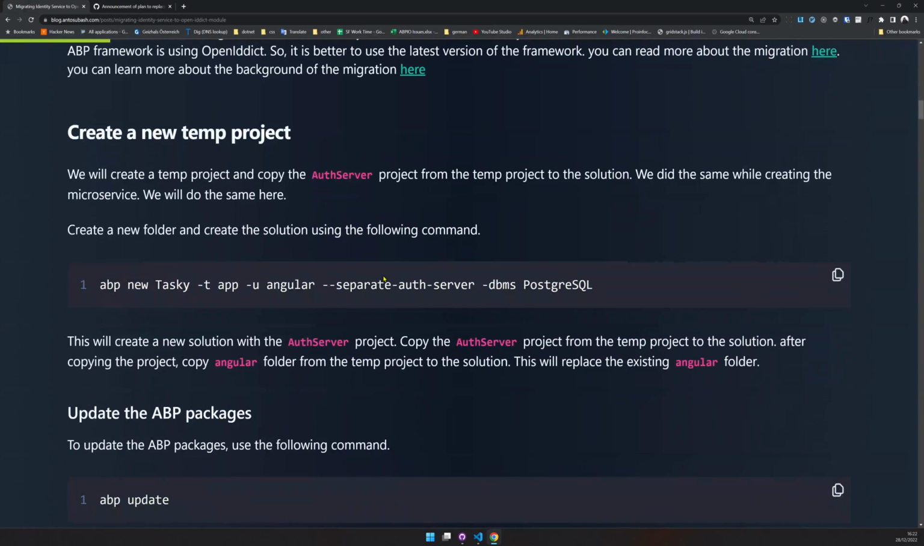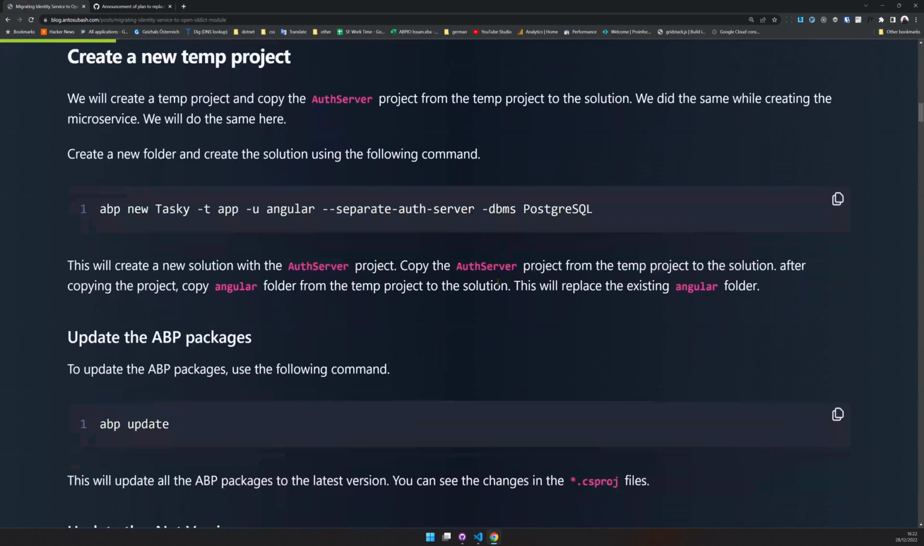What we are going to do is the same as initially, when we created a temp solution and copied things over. We will create a temp solution, but this time we will also create an Angular application because our Angular also changes, and we will create a separate auth server, then copy it over and make that the base project for our application. So first,